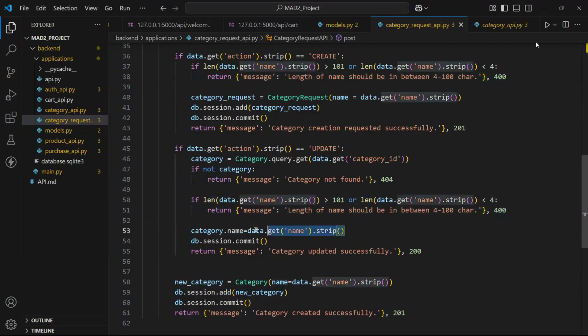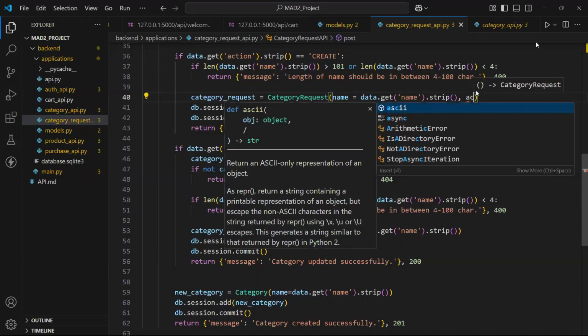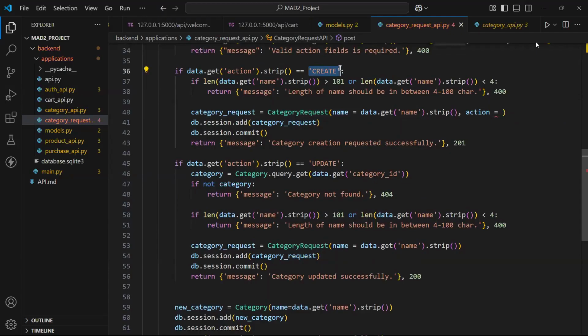we will update the category name, and we will say category. Okay, no, we will not update the category. We will add a request for category updation. So we will add a request, and okay, we'll have to give also the action field here. So we will say action equal to this action create,